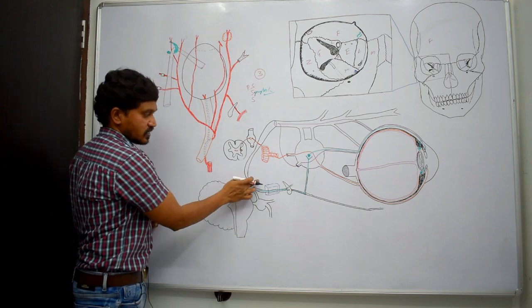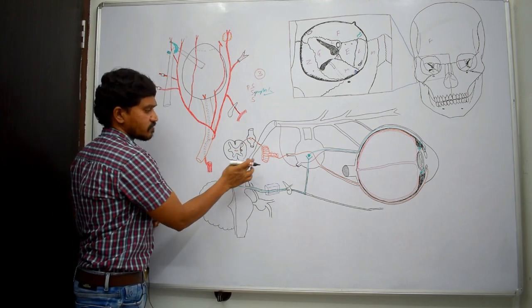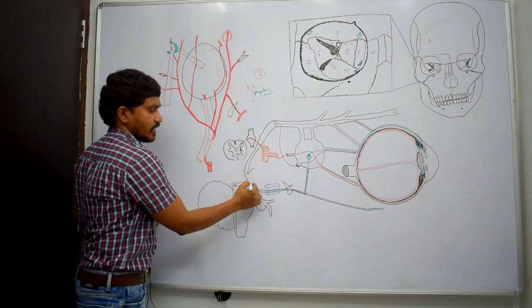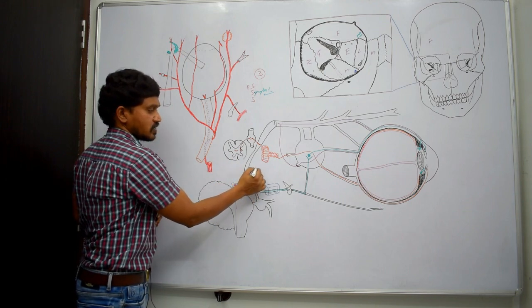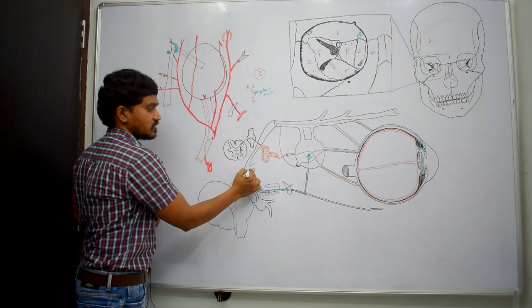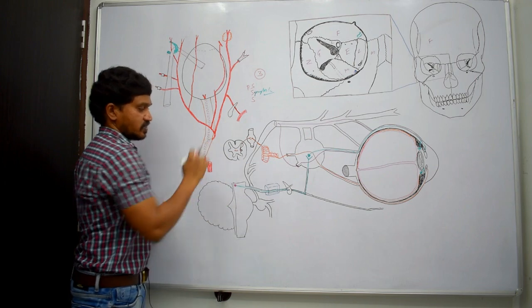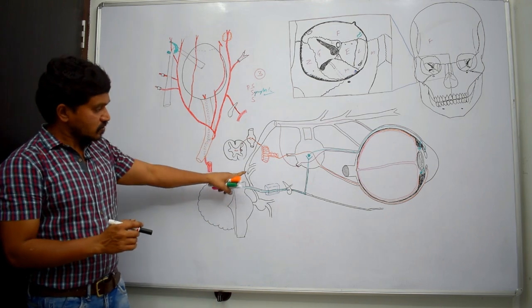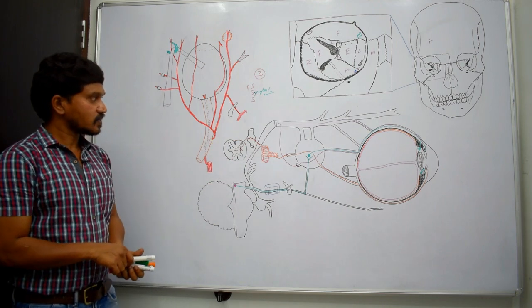Of course, this ophthalmic division of trigeminal nerve will give the lacrimal branch, then the frontal branch, and the nasociliary. Right? So this is the nasociliary nerve. Clear? So